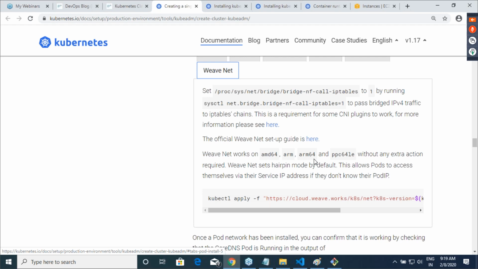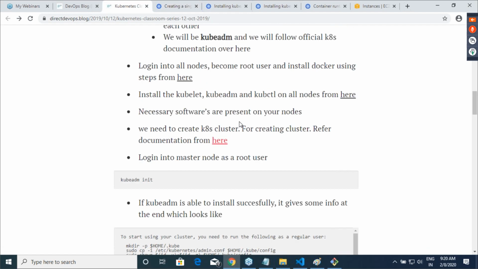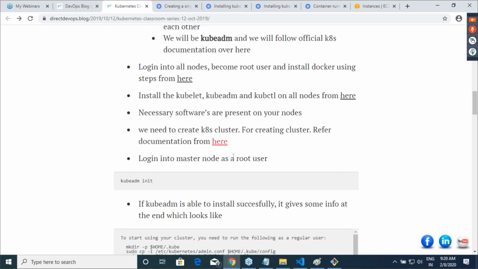But once you get into the actual networking, when you are installing Kubernetes, choosing the pod network is also an important option. But today we are not that literate to understand pod network, so I'm not discussing too much. So what I'll do is install kubeadm init, and then I'll be using my pod network as Weave Net. Okay, right. Someone is basically trying to tell me to log in to the master node as the root user.